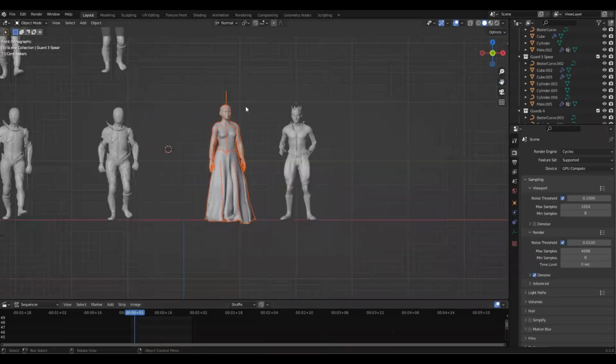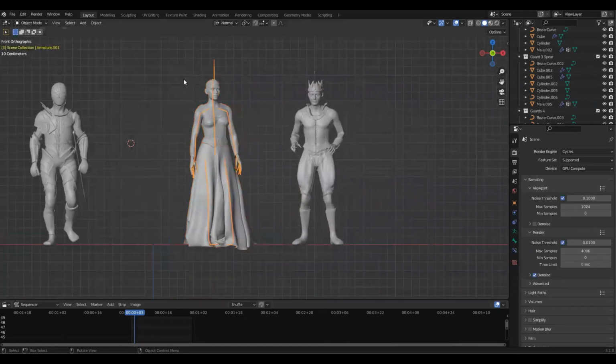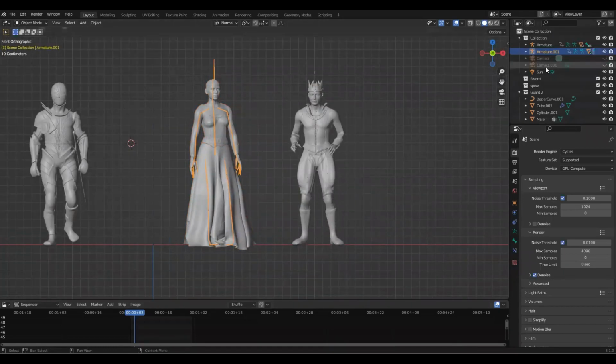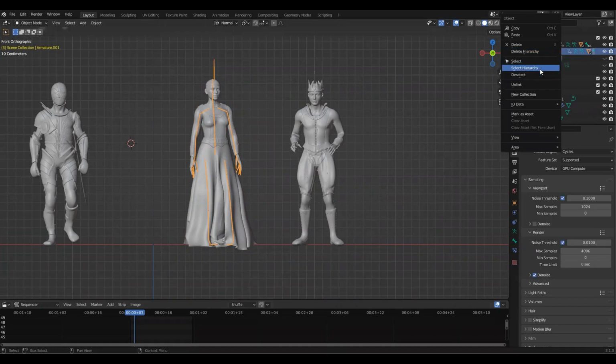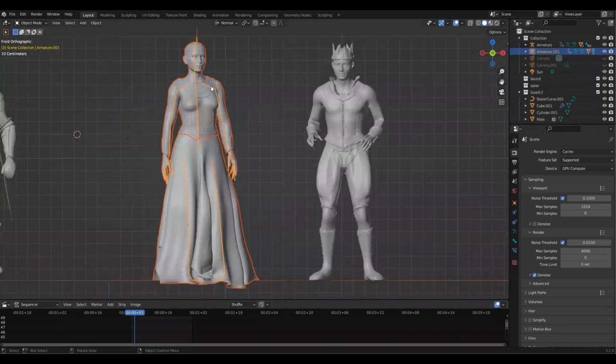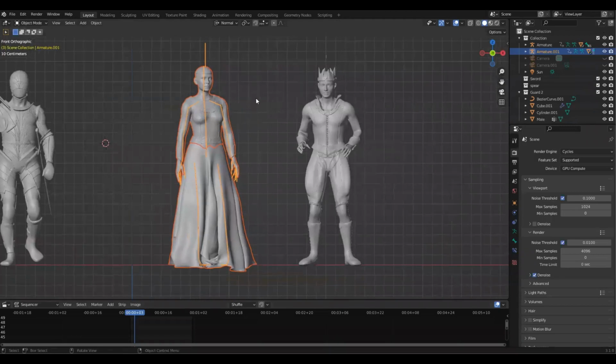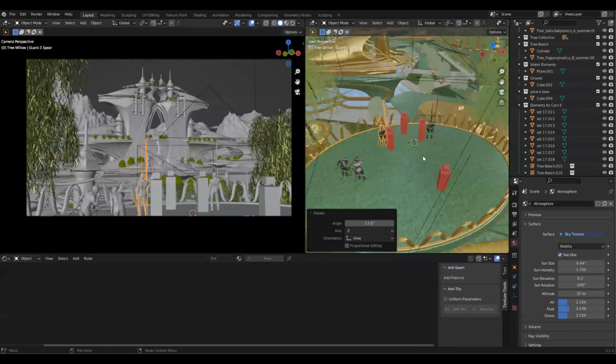So in this case, it's not good enough just to select one of these objects. What we actually want to do, I'll hit period to jump to the full armature collection, is we'll select this piece that the queen is contained within, and right click, and we'll choose select hierarchy. That'll select everything within there that's parented to the armature. And now if we hit Control C, it should copy everything within there. You see there's 3 different objects. I think that's the dress, the rest of it, and the armature. And now if we paste this over here,